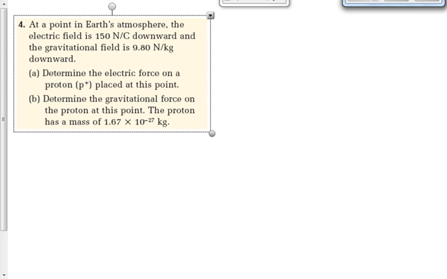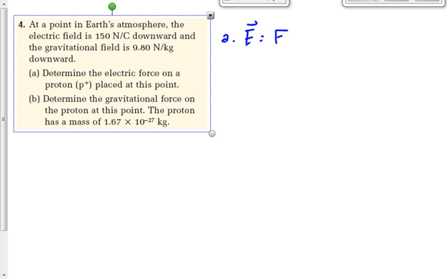The proton is what? The producer, or the experiencer? In both cases, A and B, whether we're talking about the electric field or the gravitational field, is it the producer, making the field, or is it the experiencer feeling the field? It's the experiencer. So in question A, we've got an electric field experiencer. In question B, we've got a gravitational field experiencer. Now, the electric field experiencer equation